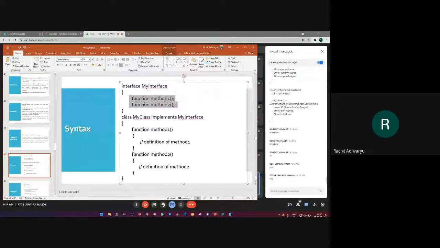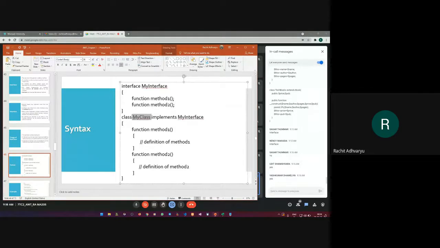Now this class, my class, is a child class. Instead of using the extends keyword, we are using the implements keyword, because it is not a regular inheritance, we cannot use extends. It's quite similar to Java if I'm not wrong. So class my class implements my interface.